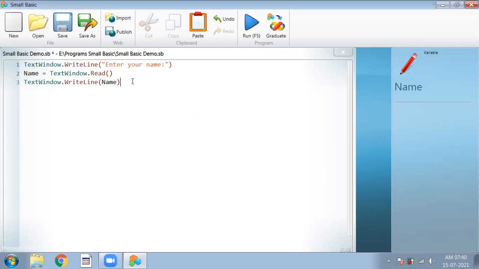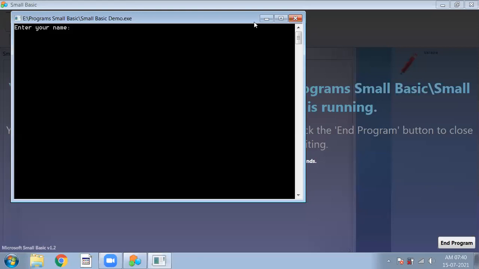Now we will run the program. As you can see, it shows enter your name. Here I'm typing one name, Amit. After that, as you press enter, it will show the name Amit. That means the name entered by the user is Amit, and it will also display Amit on the screen.